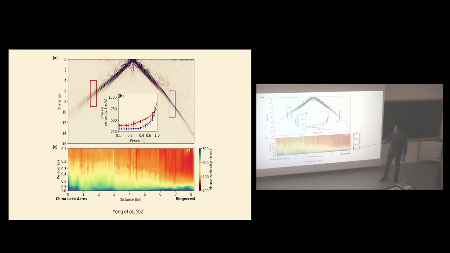Now the vertical axis here is period. The color tells you the phase velocity. So now you can see the difference along different sections, and then we use a pretty standard method to invert this into